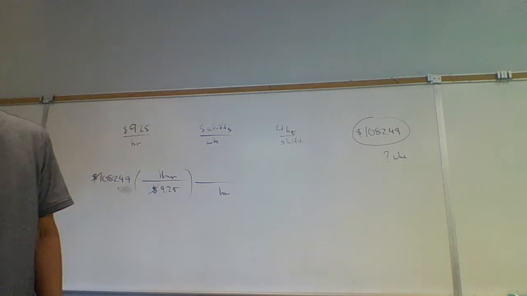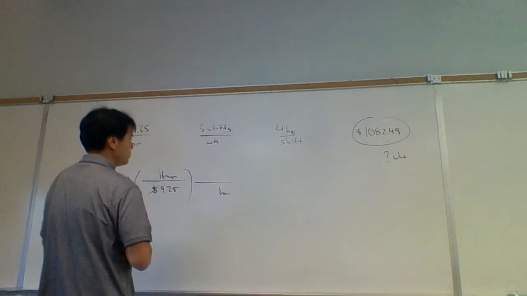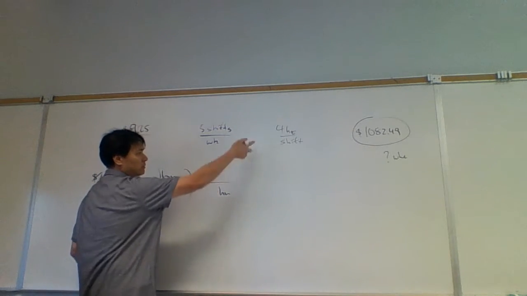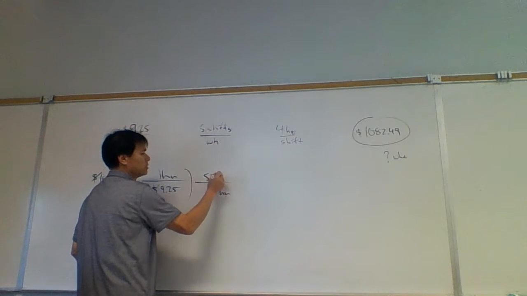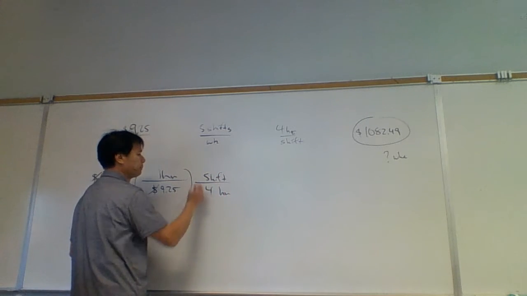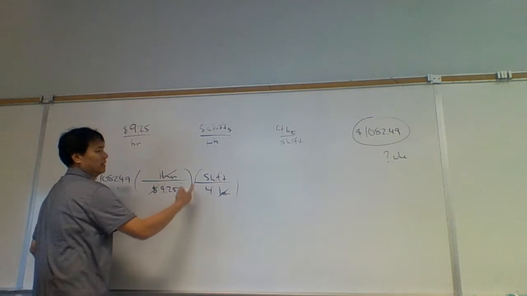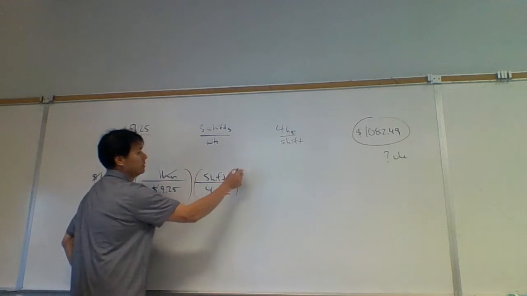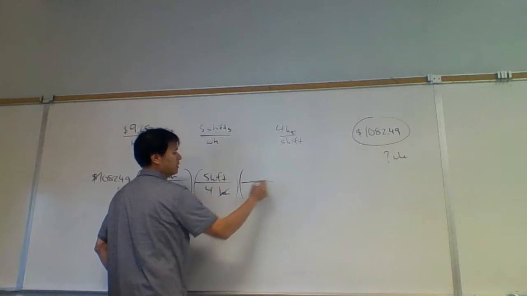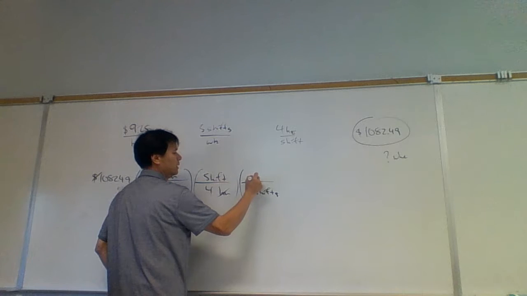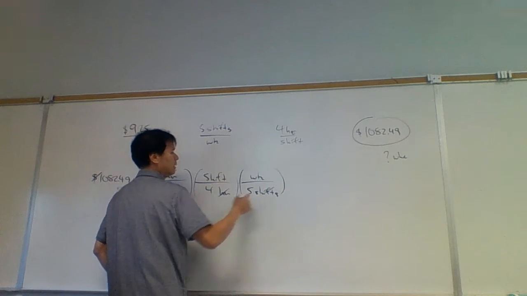Anything, and if it turns out wrong, then with dimensional analysis, back out. And so anyway, here we can go hours to shifts. So we'll just flip that around. One shift equals 4 hours, and so the hours cancel. That tells me how many shifts, but I don't work continuous shifts, just 5 shifts per week. And so I see that I'm going to get rid of shifts this way, 5 shifts per week, and then